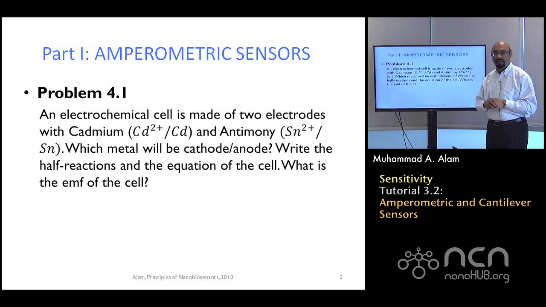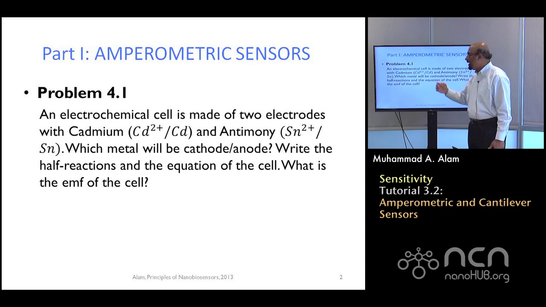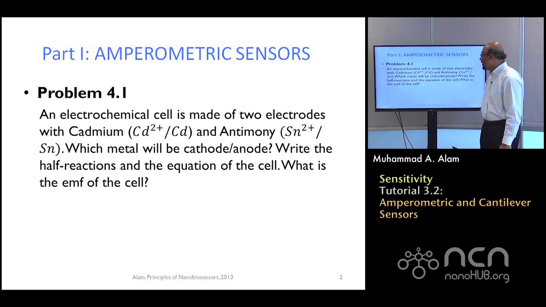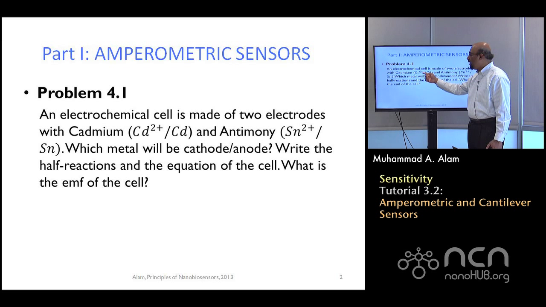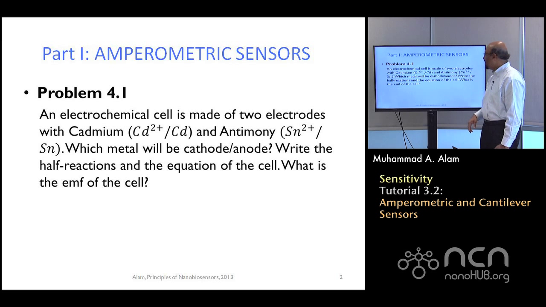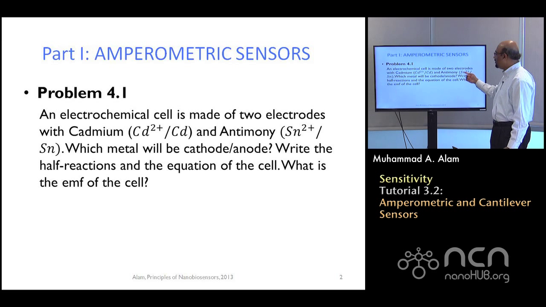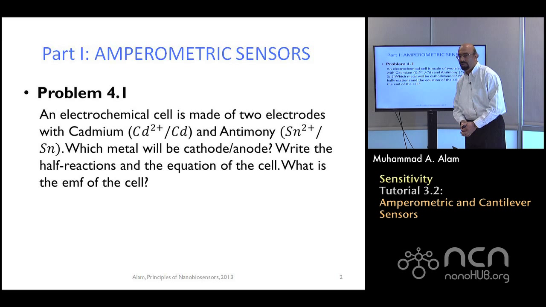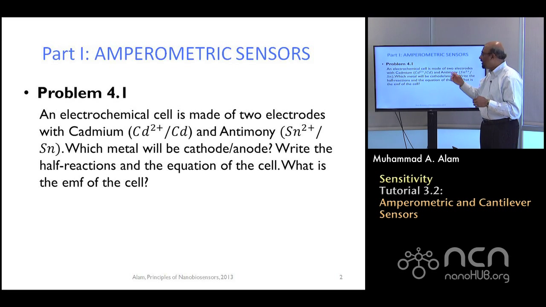Of course, you remember the Butler-Volmer and the other equations. There you had to apply a voltage before the reaction got initiated. So this example is not that. It is a spontaneous reaction. And so this particular example says that we have two electrodes. One is cadmium, and the other is antimony. So these could be side by side like this, immersed in the respective solutions. And in the respective solution, cadmium 2 plus can immediately get into cadmium, or antimony 2 plus can get to antimony. So these ion exchanges are possible.